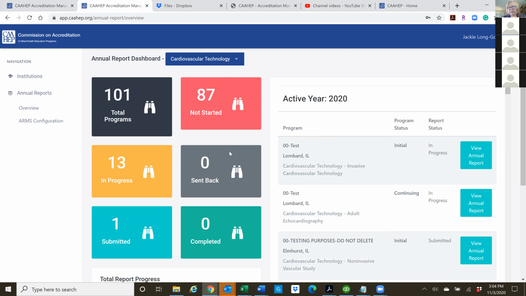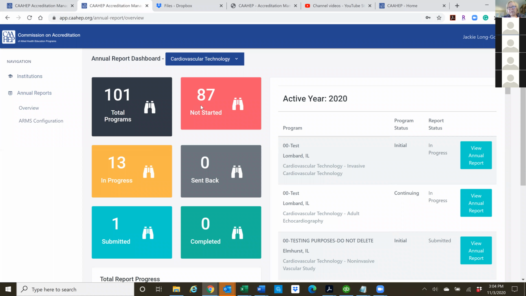And then you can resubmit it. So when I send it back to you, I will tell you what you need to do, and then you'll be able to go to that page, fix whatever it is, or upload the document that you need to upload. For example, you may put in a new medical director, but you haven't sent in a personnel change form. When I go in and see that there's a new medical director, but I don't have a personnel change form on it, I may send this back to you and say, you have to submit the personnel change form before we'll accept and review your annual report.